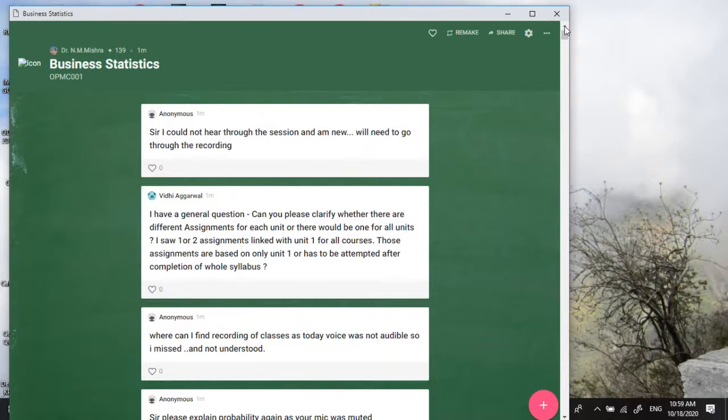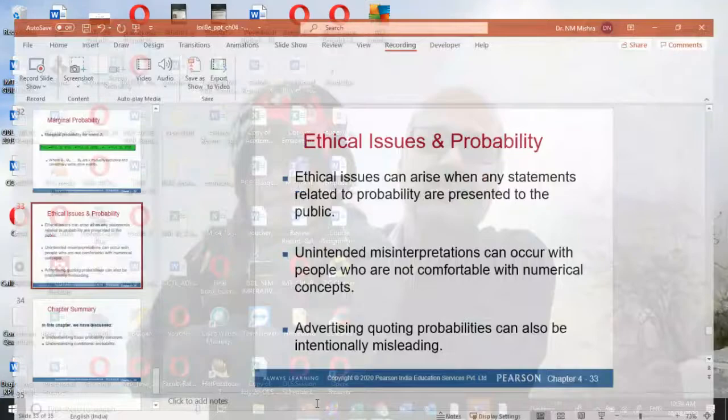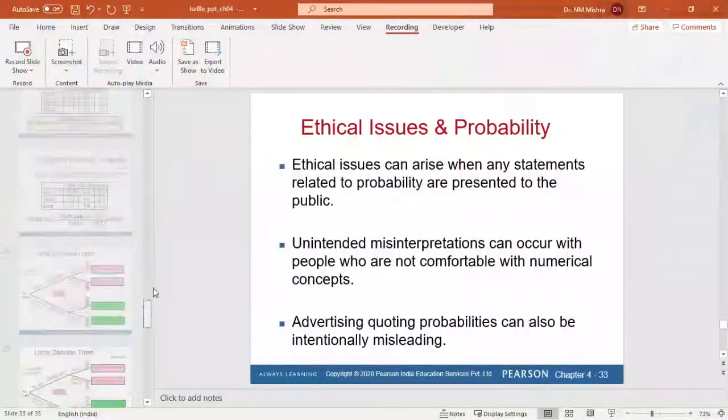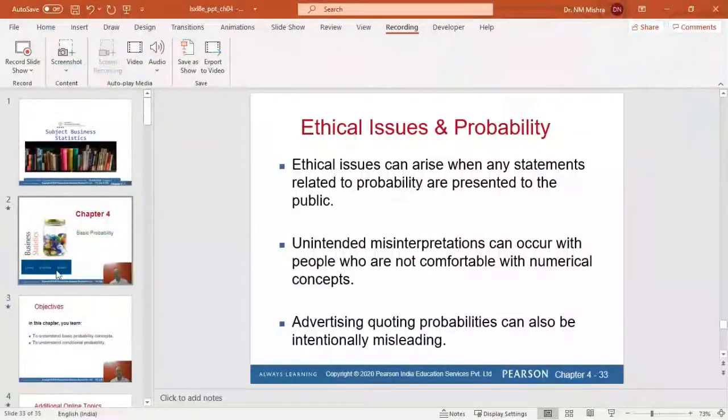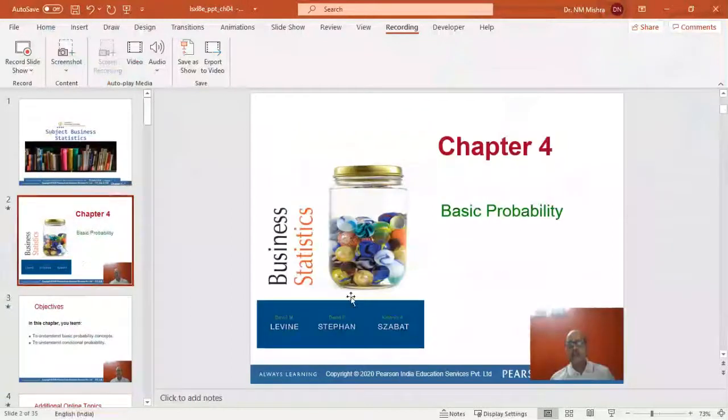Some of you have asked a question: please explain probability once again. For that purpose I am taking you to the PowerPoint where I can write also. I will take a few more minutes. Some of you lost the journey, so I am trying to explain here. All of you can see now. Here I am keeping, all of you see.